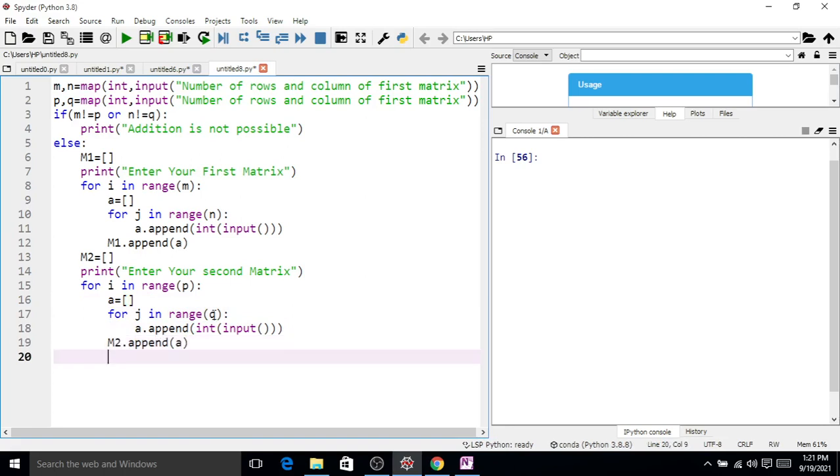Okay, now we want to display these two matrices.